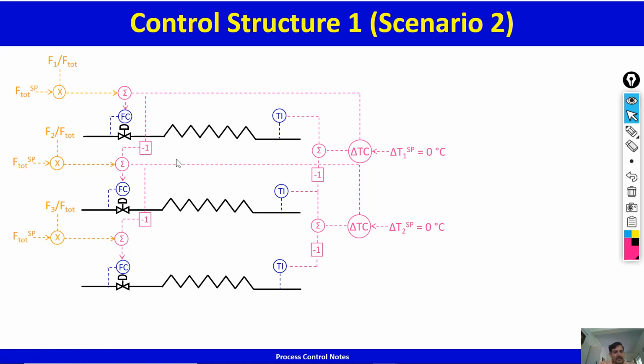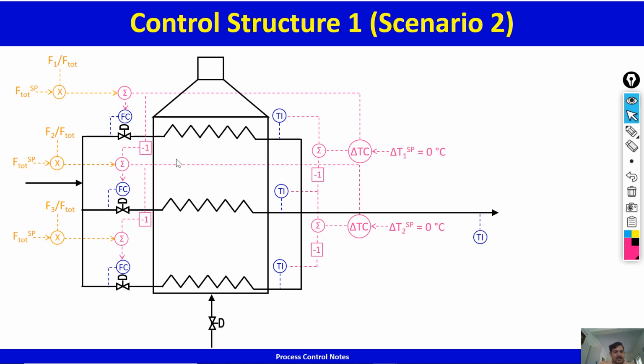So we have taken care of F dot control, we have taken care of heat load balancing. What we are left with is outlet temperature control of the furnace. So here is the furnace again, and you've got this outlet temperature measured, and what you do is simply, this is the only degree of freedom that is left, so you control the temperature by adjusting the firing rate of the furnace. So I hope this control structure is clear.